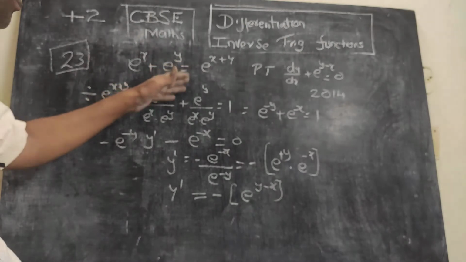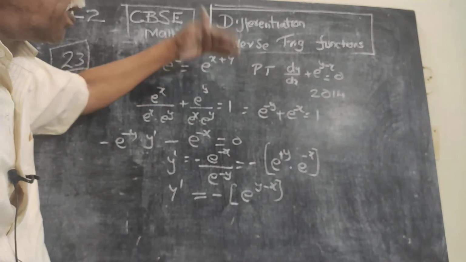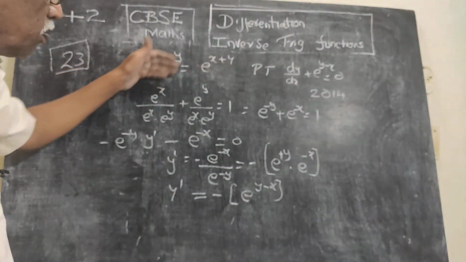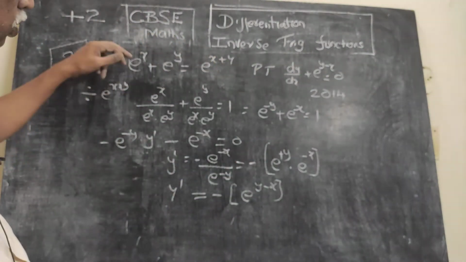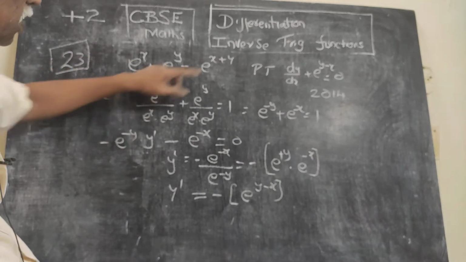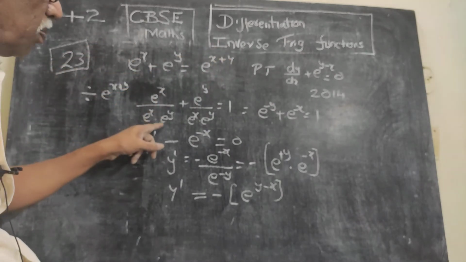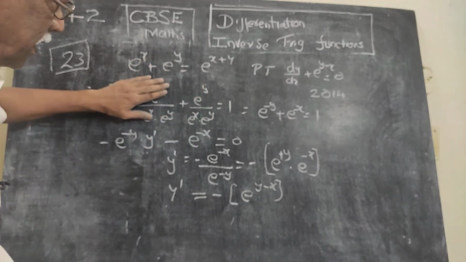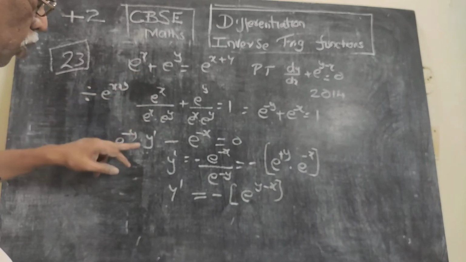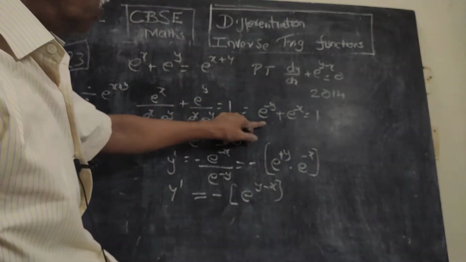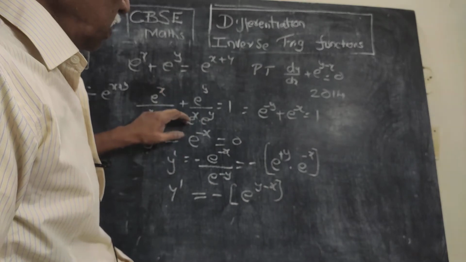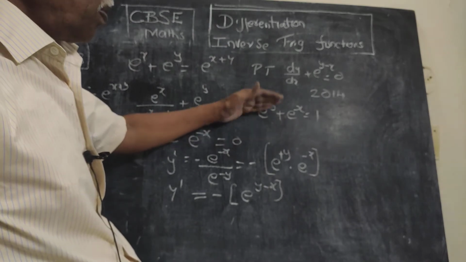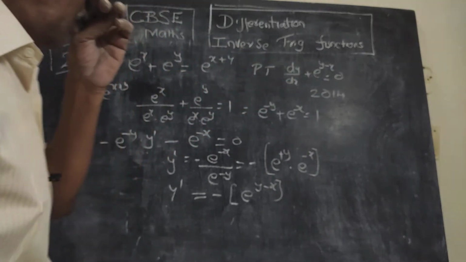What we should have done there? We should have eliminated e power of x plus y, because e power of x plus y is not there at all. So I am dividing both sides by e power of x plus y. So e power x by e power of x plus y I can write as e power x into e power y. So e power x by this and e power y by this, they get cancelled. E power y I am taking to the numerator, so it becomes e power minus y. Here e power y gets cancelled, e power x goes up, e power minus x. So the problem is now e power minus y plus e power minus x equals 1.